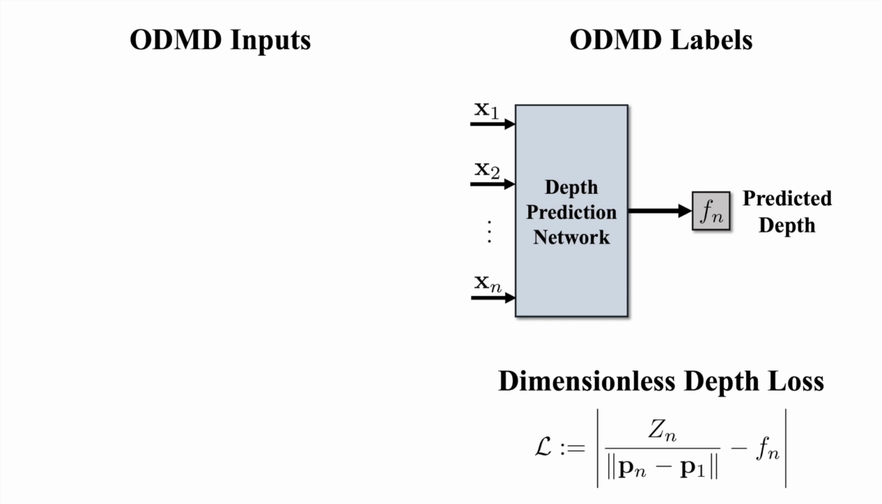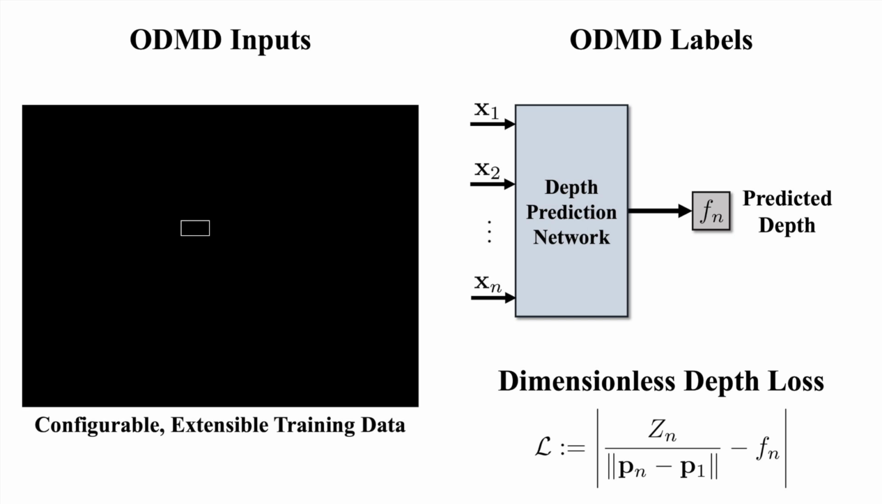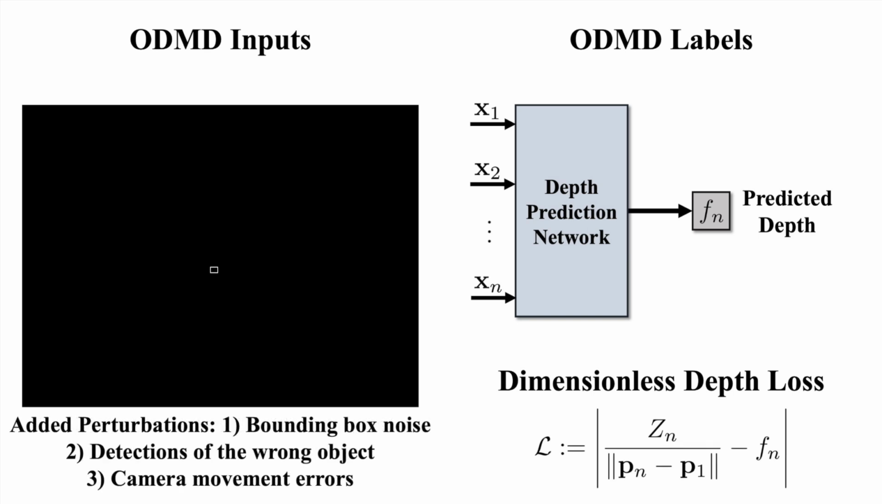This overall formulation has many benefits. First, the network input consists of only bounding boxes and movement distances, so we can easily configure and generate simulated training examples with ground truth labels for just about any target application. We also simulate detection errors by adding perturbations to the training data. These perturbations teach the network to determine which input observations are reliable and leads to the best overall performance in